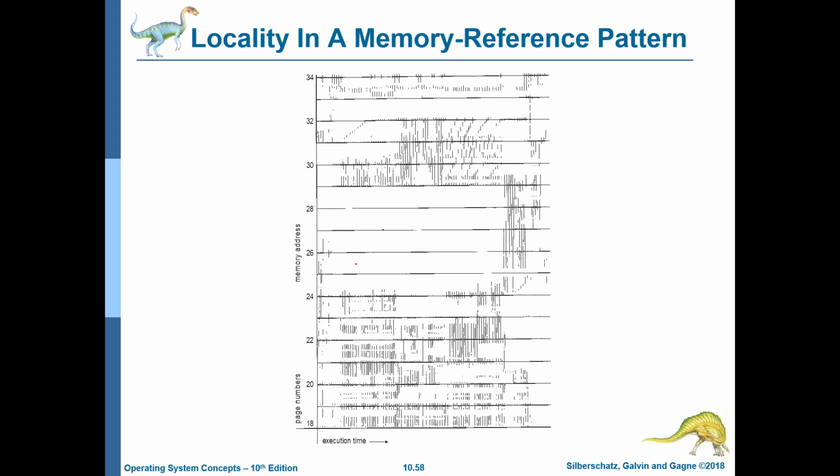Similar diagrams, as you can see, for different page numbers are used to look at their locality, in the sense of when they are used. If you consider memory address 28, it's not used for a major part of the time and then it's suddenly used. Some pages are used all the time, some are not used and then they are used. So we have a complicated execution pattern, and this is captured in the behavior of the system when demand paging is on. But modern operating systems try a lot to understand this pattern, predict future patterns, and maximize the throughput without getting into thrashing.